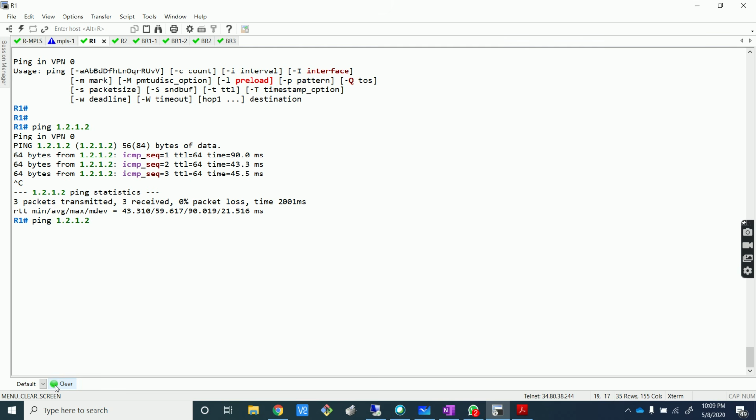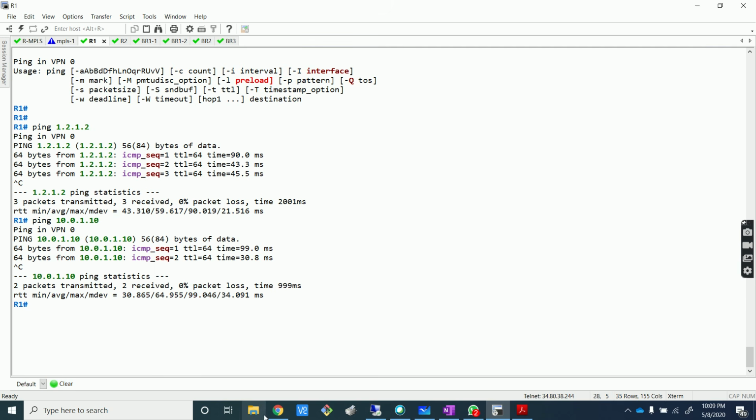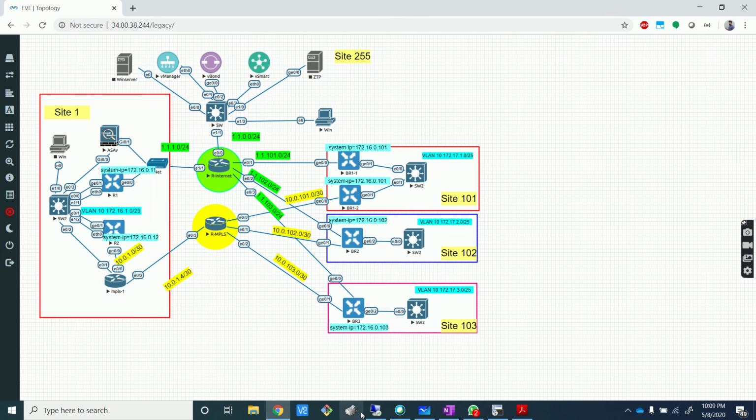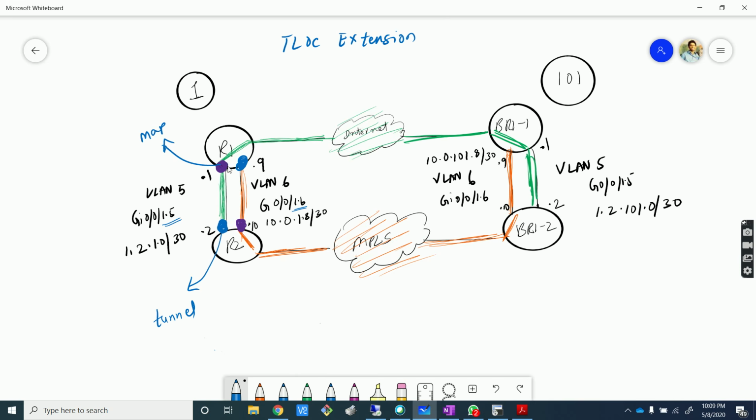Let's check the other interface. I believe the tunnel. So we have that 10.0.1.10. There you go. That works as well. So we have set up this whole thing very well, which means we look at this diagram, right? So we have set up both these interfaces, and both of them are able to talk to each other, right? So what else should we do now, or what should we verify,